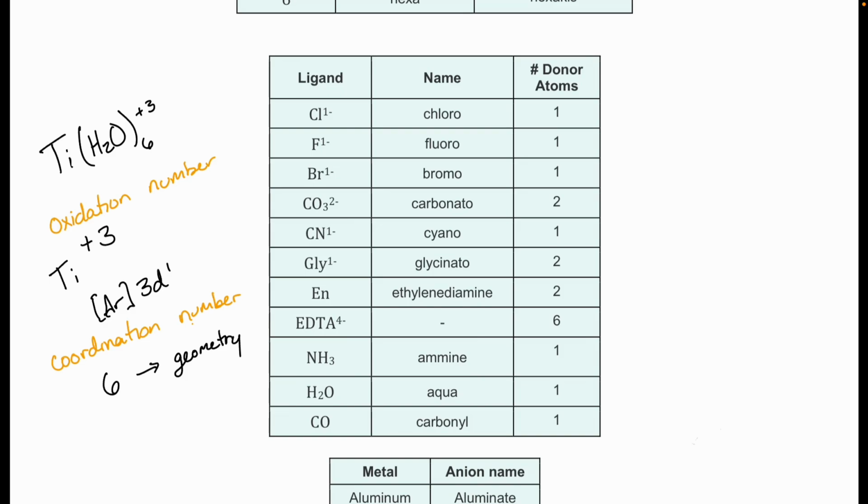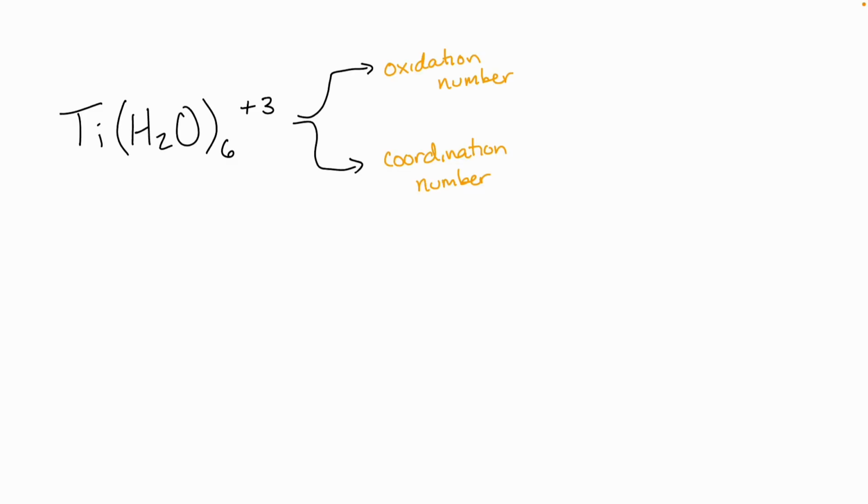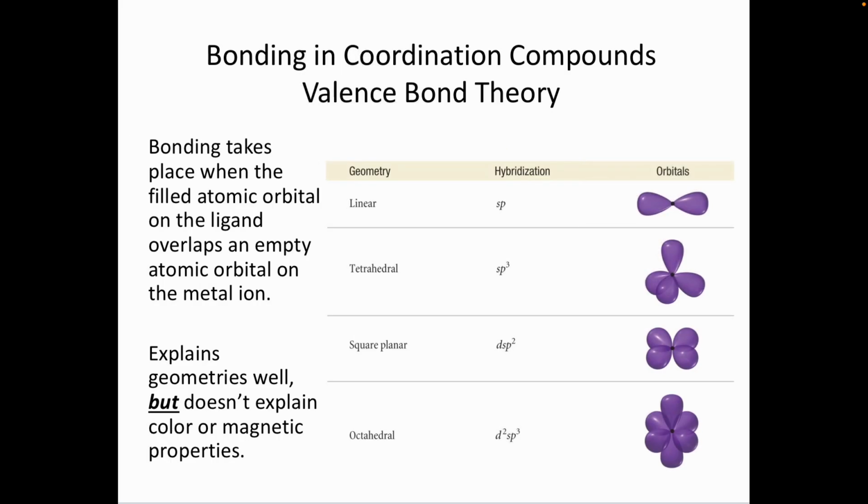We need to first figure out the coordination number. Once we get the coordination number, that will help us figure out what the geometry of this complex is. All right, so going back here,